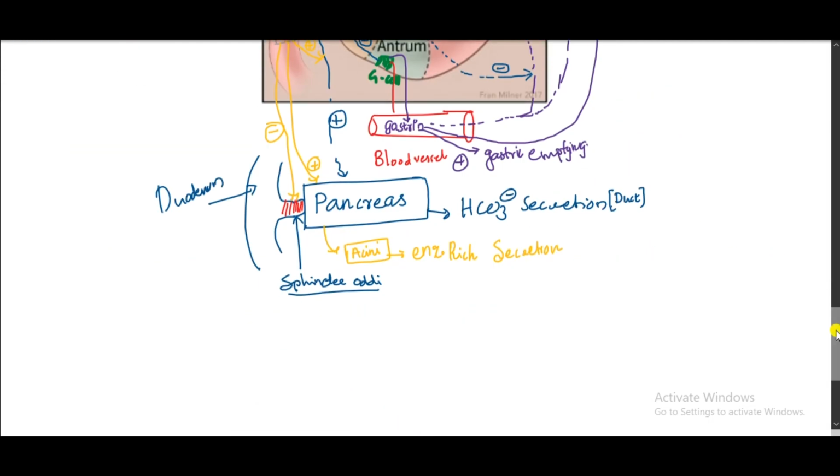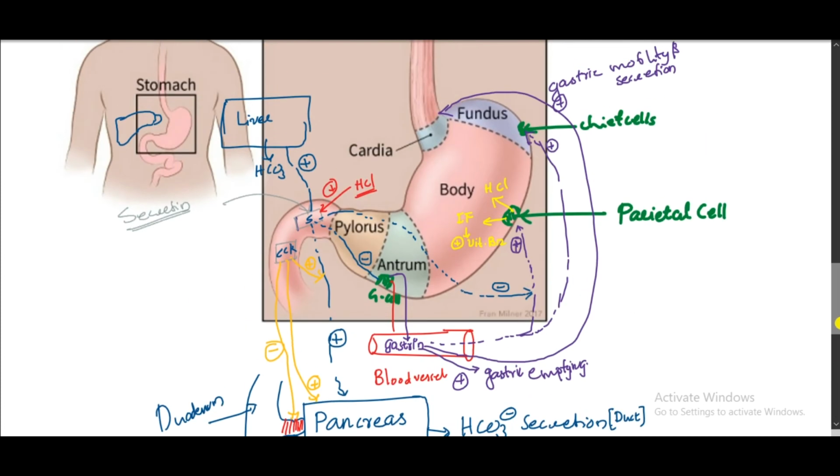And the CCK has positive feedback on the secretin, and CCK has positive feedback on the pancreas. It has an effect on the pancreatic acini, and it leads to the production of enzymes, and it has a negative feedback on the sphincter of Oddi. It leads to the relaxation of the sphincter of Oddi, and it has an effect on the